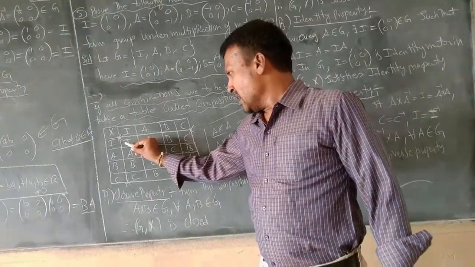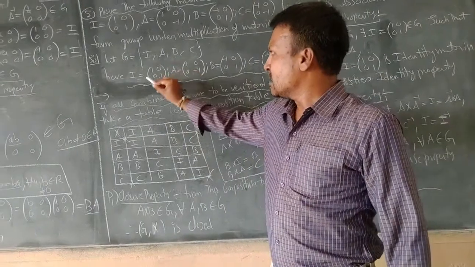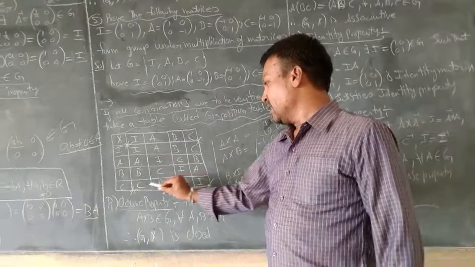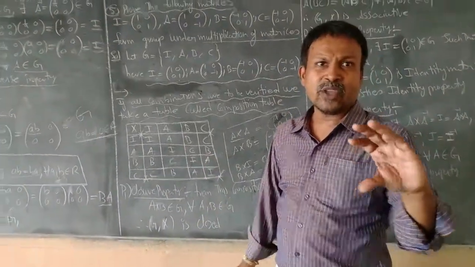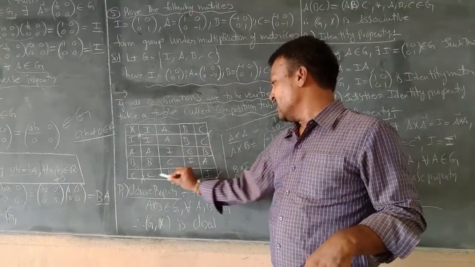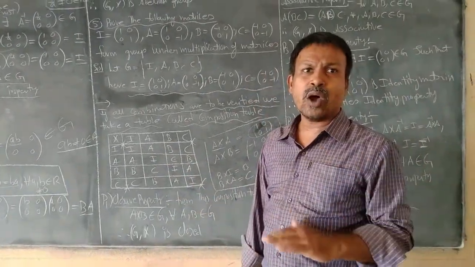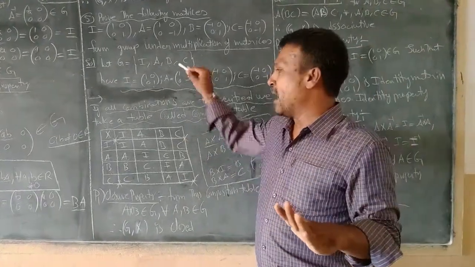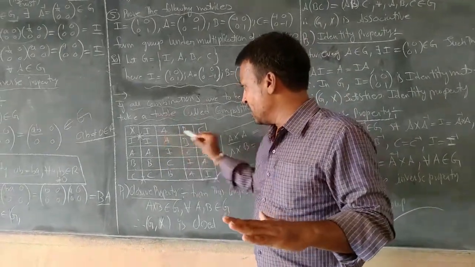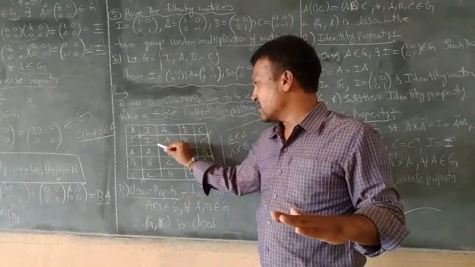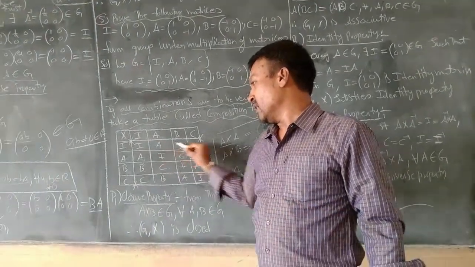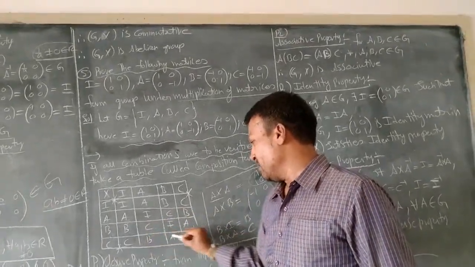Right. So in every row we are getting the same four given matrices. But the order is different in every row. Though the order is different, we have got the resultant four given matrices. That is, if we multiply I A B C with I A B C, we get the resultant matrices in this square as I A B C, A I C B, B C I A, C B A I.